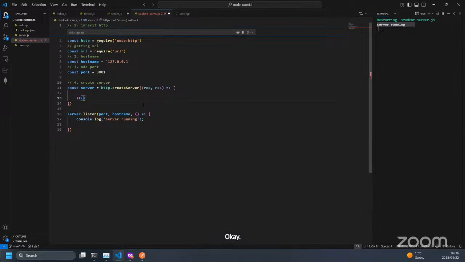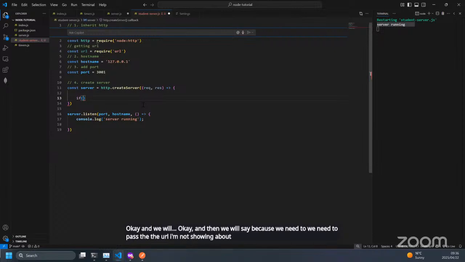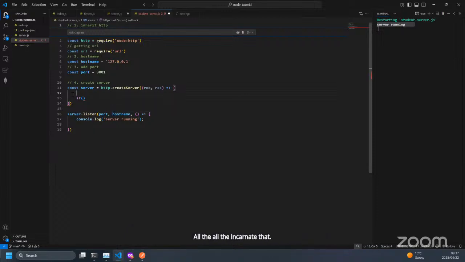Okay, and then we will say, because we need to parse the URL, I'm not sure about this, which I want to do before the if statement. Can you please go up here so that we can parse the URL and be able to access all the incoming data? Yes, you can create a new variable for parsed URL,